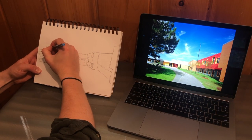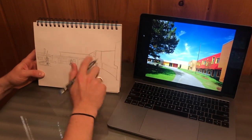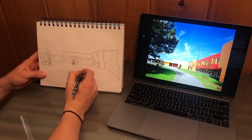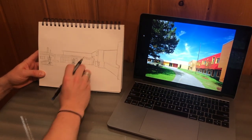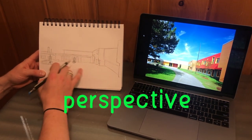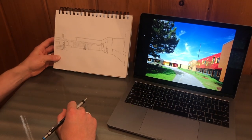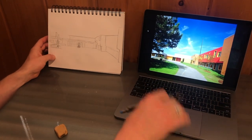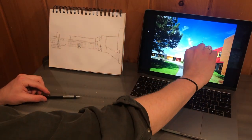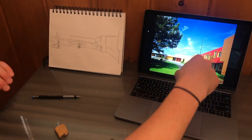Now I have the rough shape of the building, and I just want to talk about a couple of things you might have noticed me drawing. So this wall in particular, this red wall that I just drew, if you were standing right here and looking at it, it would look totally flat and straight. But because of perspective, the word again is perspective, which basically just means your viewpoint, the way that you're seeing things from the perspective of this photograph, it looks like the building is getting bigger as it comes closer to whoever was pointing the camera, if you were standing near the entrance of the